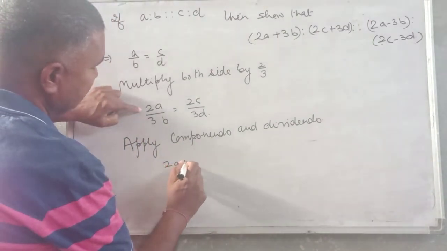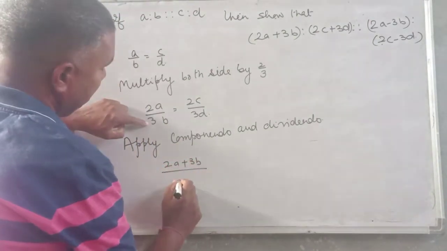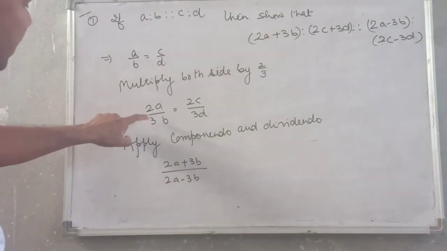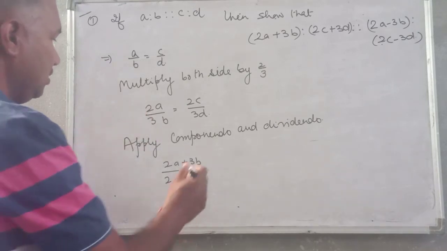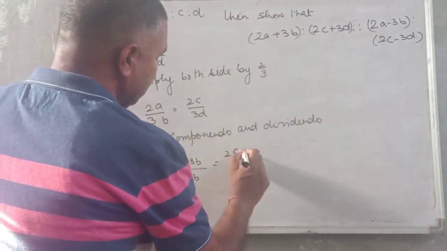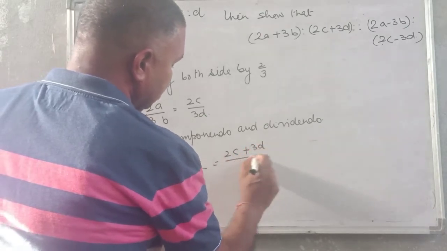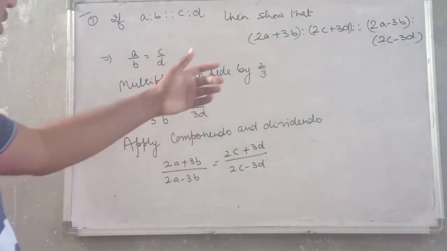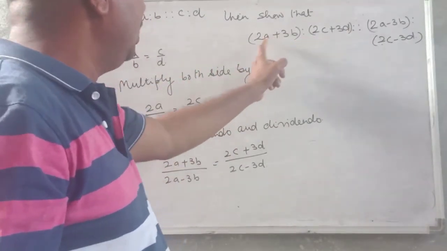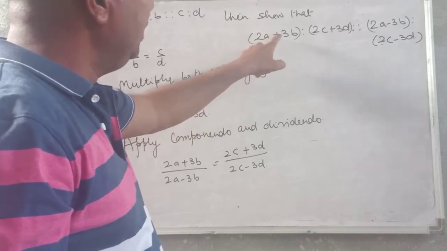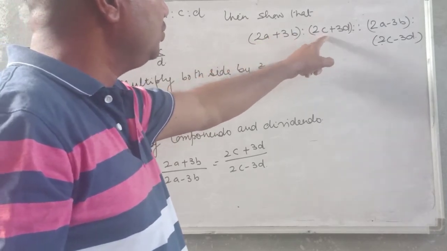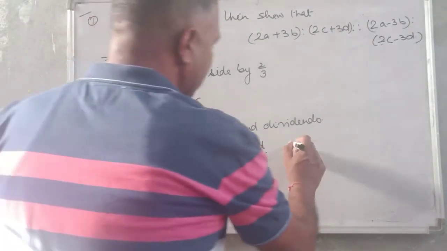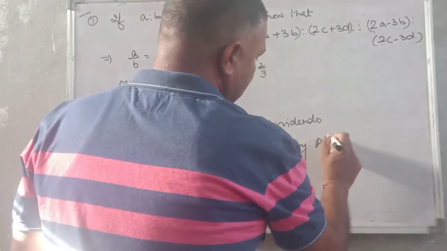2A plus 3B, 2A minus 3B. एक बार इसमें ऐड हो जाता है ये, एक बार इसी में से ये माइनस हो जाएगा. 2C plus 3D, 2C minus 3D. अब अकॉर्डिंग टू क्वेश्चन हमें प्रूव क्या करना, 2A plus 3B by 2C plus 3D, 2A minus 3B by 2C minus 3D, ये आएगा इधर. तो by alternando